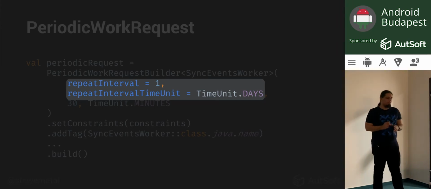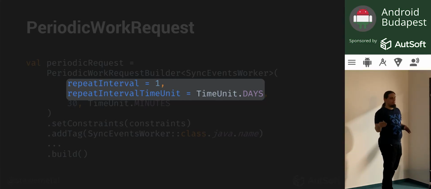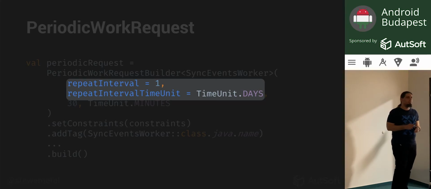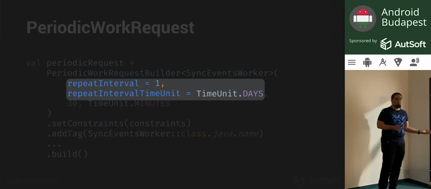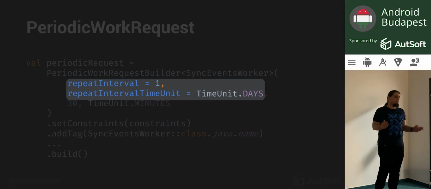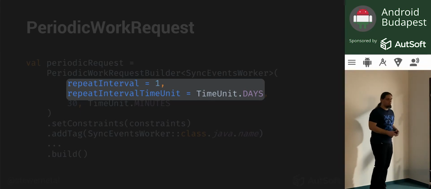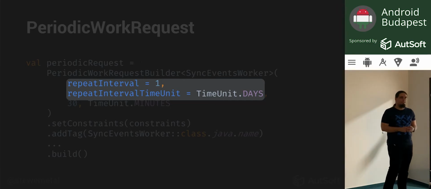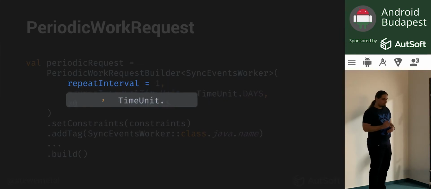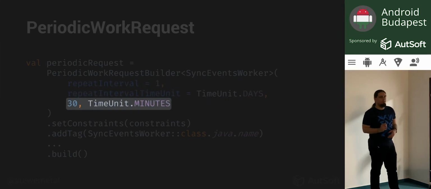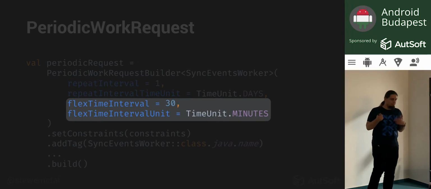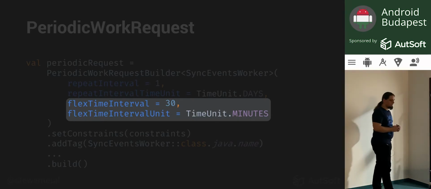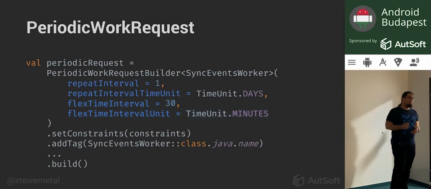We have a small influence on when the work will be run in this interval, but by default, if we only give the repeat interval to WorkManager, then the only thing that's guaranteed is that it will try to run our work when the constraints are met, of course, in that time interval, sometime, somehow, but we don't have control over it when we define only these parameters. We can get a little more control over this mechanism with the flex time interval. And instead of me babbling about the flex time interval, let's just get back again to the Javadoc of WorkManager,